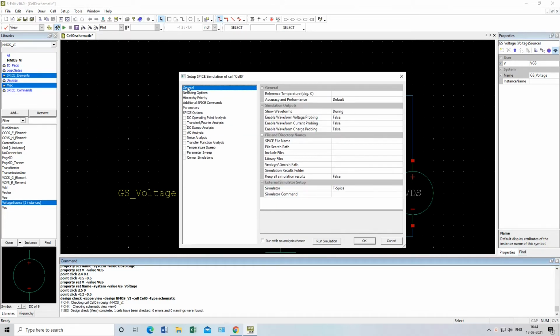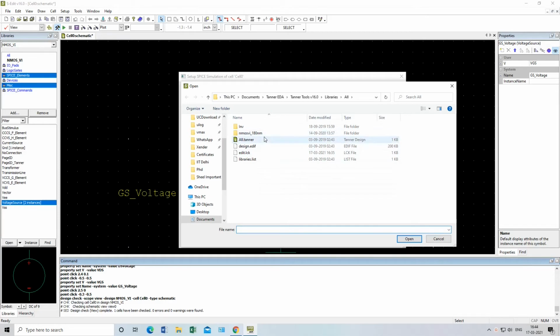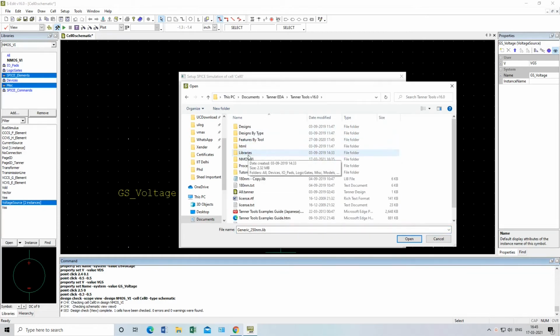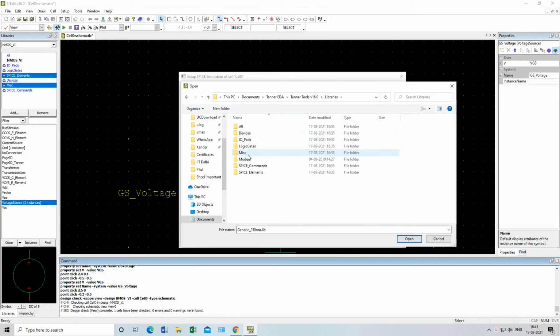First, go for general. In general, we have to select the library file for running the simulation. This library file will be present in the same folder of the Tanner tool, under documents, in models, library models. You can see the generic_025.lib file is there.